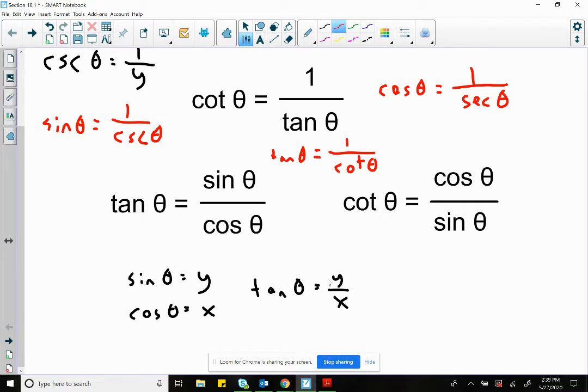So over here, I just replaced the y value with sine, and I replaced the x value with cosine. And that's how we get this trig identity, sine over cosine. Okay? So, a big thing in chapter 10, and we're going to get a lot of practice in this in